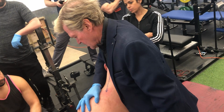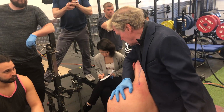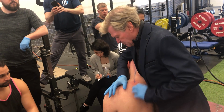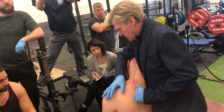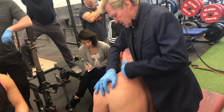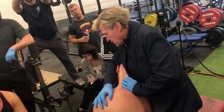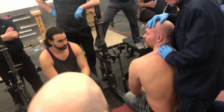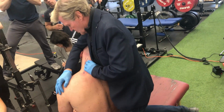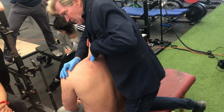So I'm hooking here, so you have isolated this muscle. It's elongated, and the way that it's elongated is I'm pushing. When I push this way, I kind of straighten my arm a little bit, and he can feel that it's putting a stress on this, okay? All right, and then it's simply a matter of him trying to elevate his shoulder and turn his head, and I'm not allowing him to do that. So usually this will be the area where you really need it. Breathing in and go,